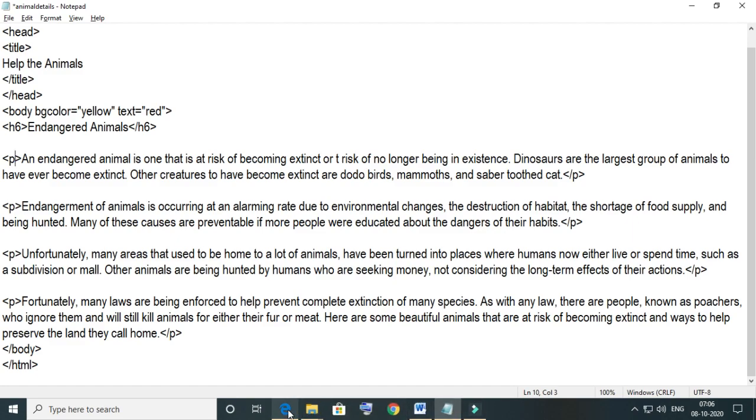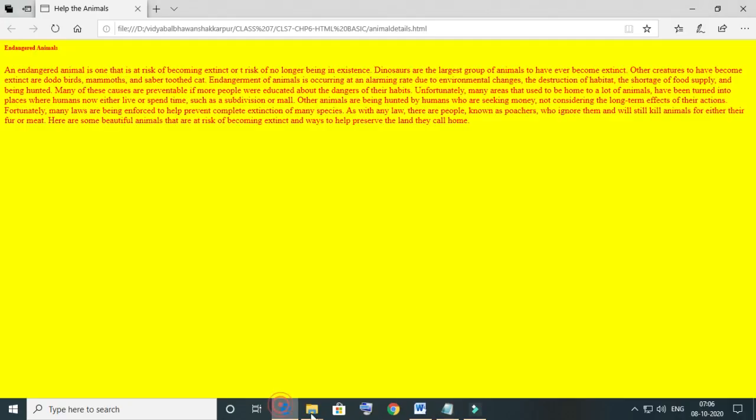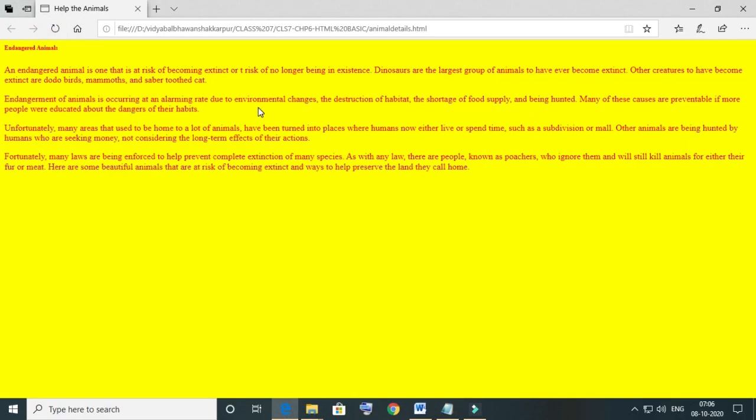Come to Internet Explorer again, or just save the page. Now come to Internet Explorer and reload the page. Just see the paragraph division.